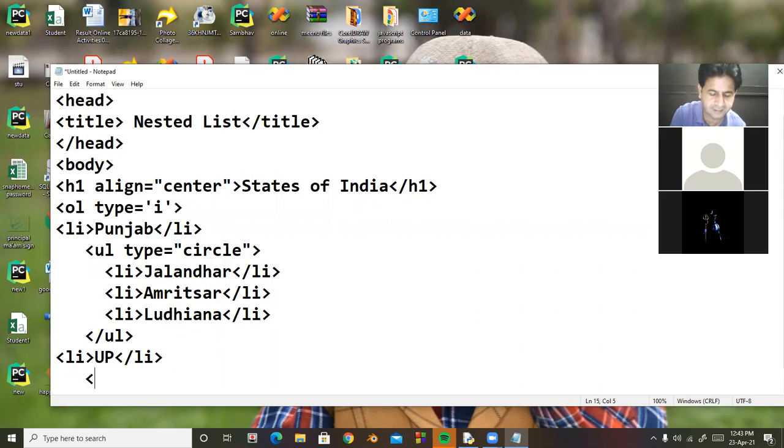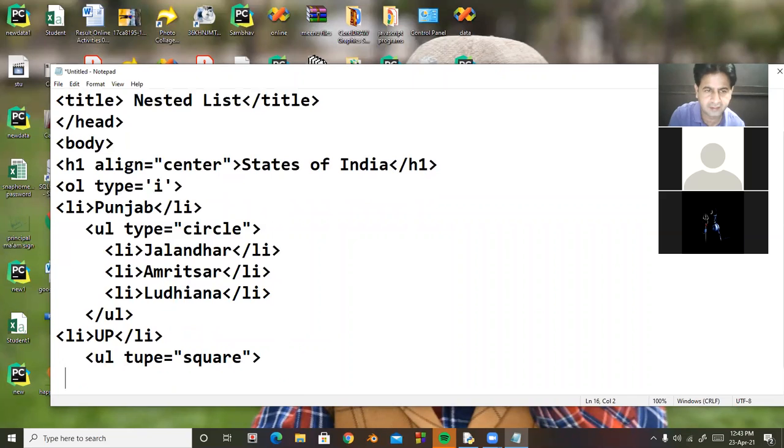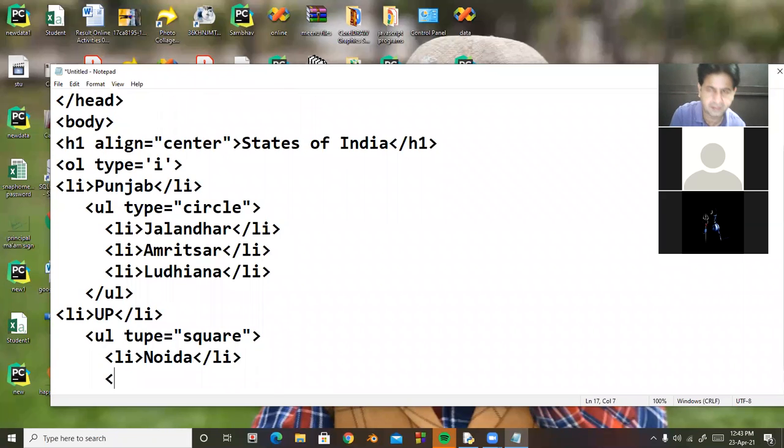So inside this, I'm going to start an unordered list type equal to square, and then I take LI Noida, then I close LI.